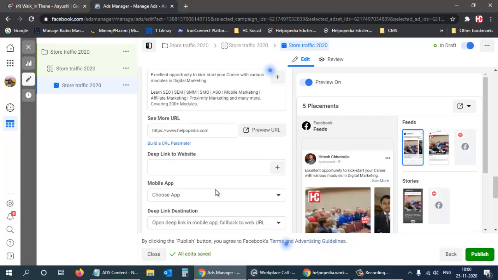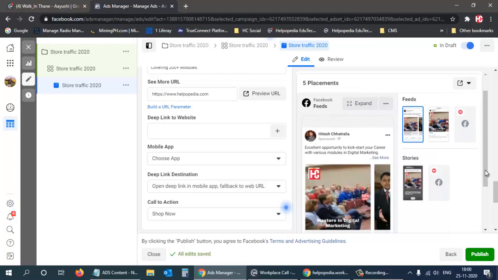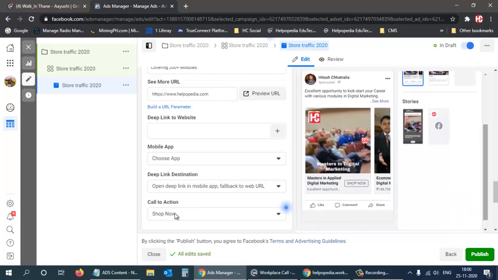Okay, so over here if we want to select a mobile app, then we can select a mobile app, but since we do not have a mobile app, we do not want to use it. Or else, like last time, we can select the mobile app and then provide all the information. So here instead of shop now, I think we should provide some related information.